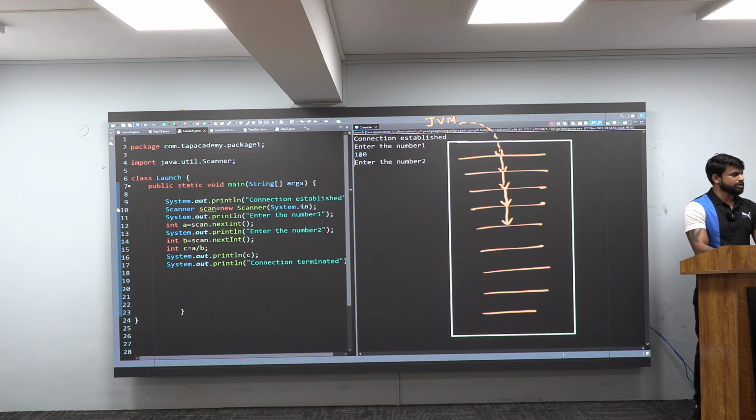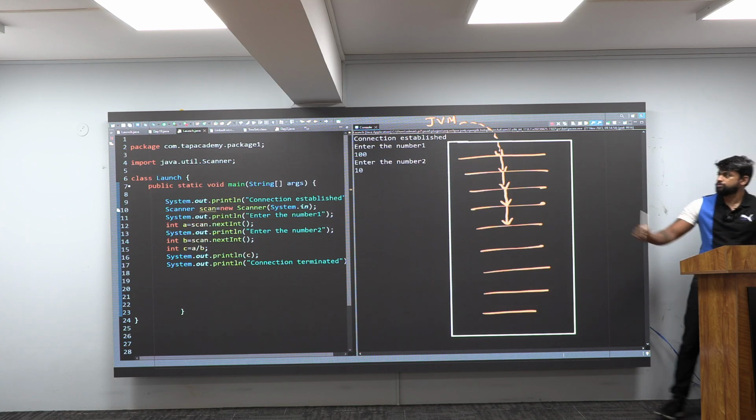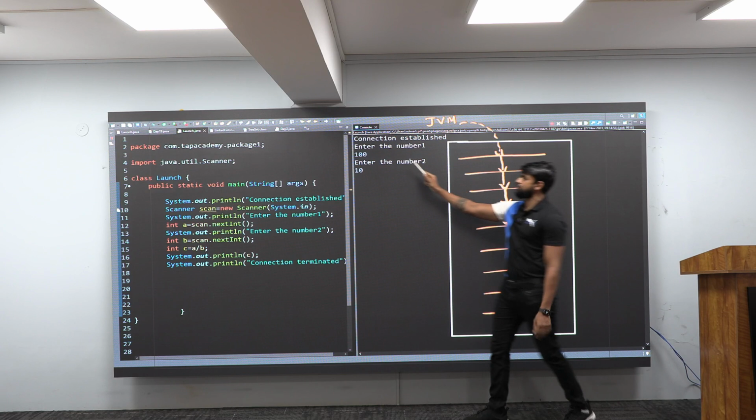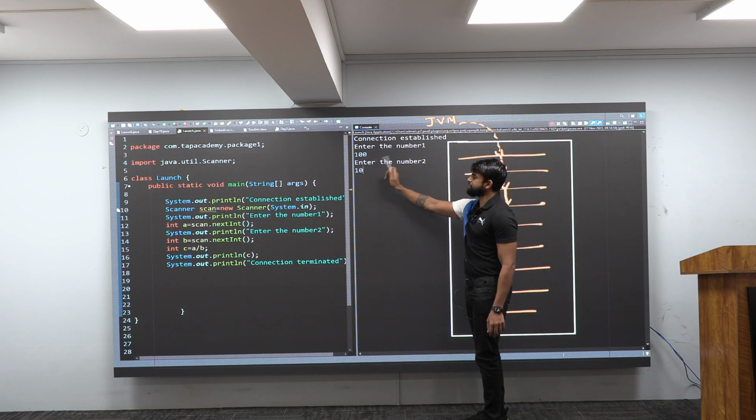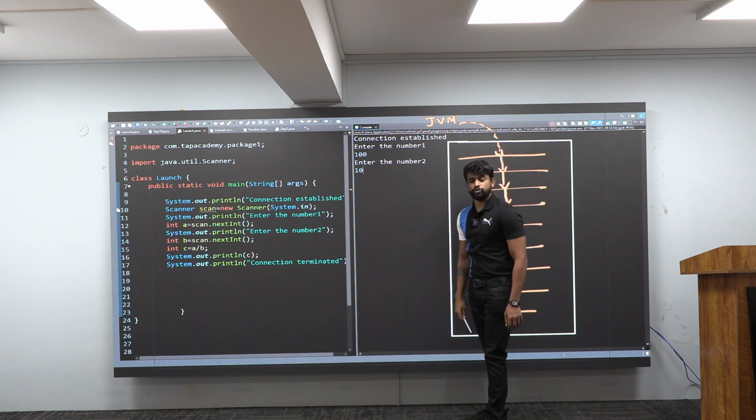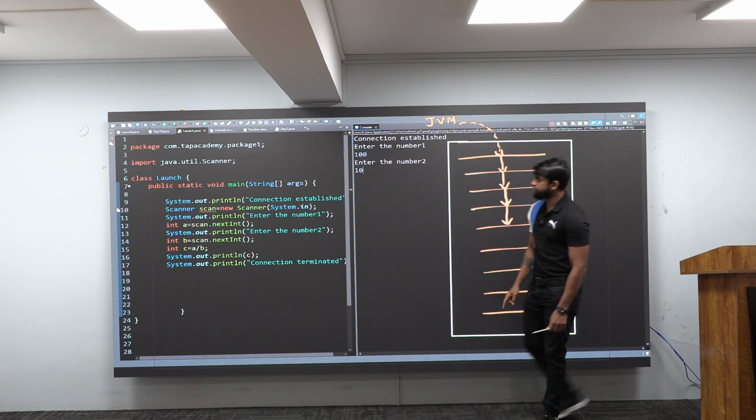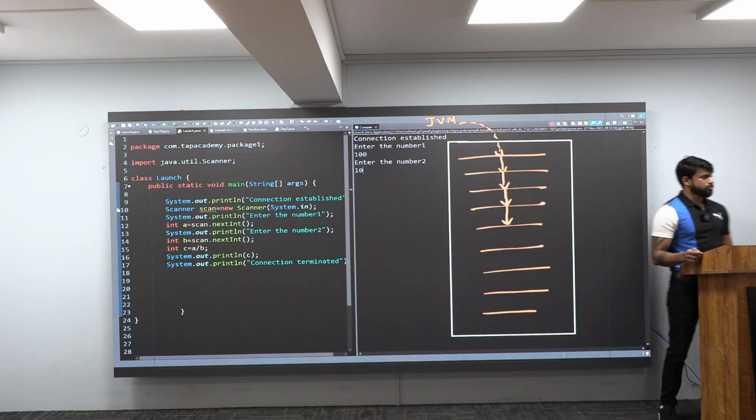Now I want to give number 2 as 10. Whatever data you have given, 100 and 10, is it the right input or a faulty input? What do you think? It's a right input. It wants an integer, you are giving an integer. It's a right input. Brilliant. Enter the number 2: 10.